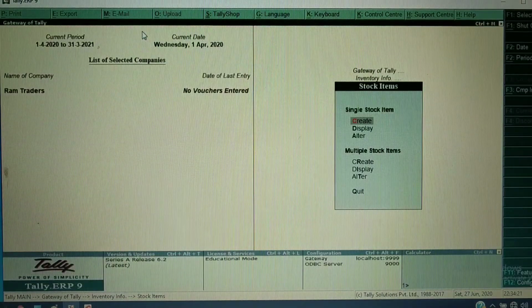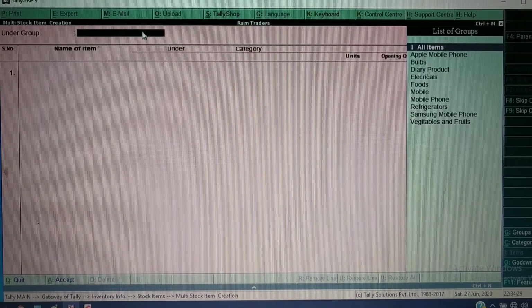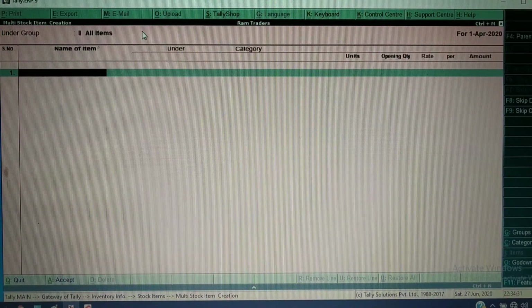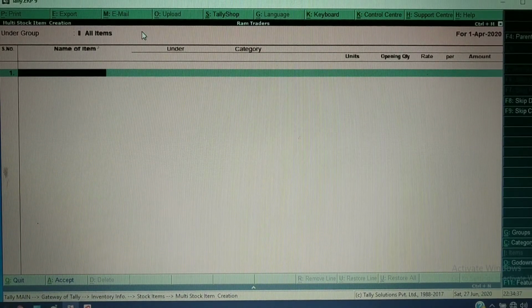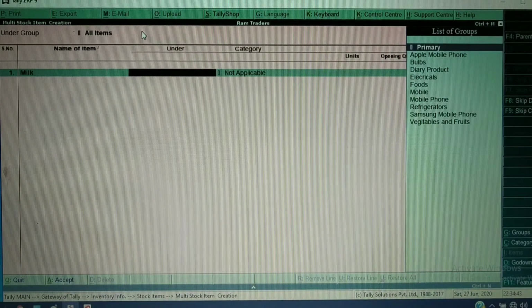Now I will show how to create multiple stock items. Go to the create option under multiple stock item, and here you need to select all items. Now I will create some stock items under dairy products. Here I will enter milk, and here you need to select the group.